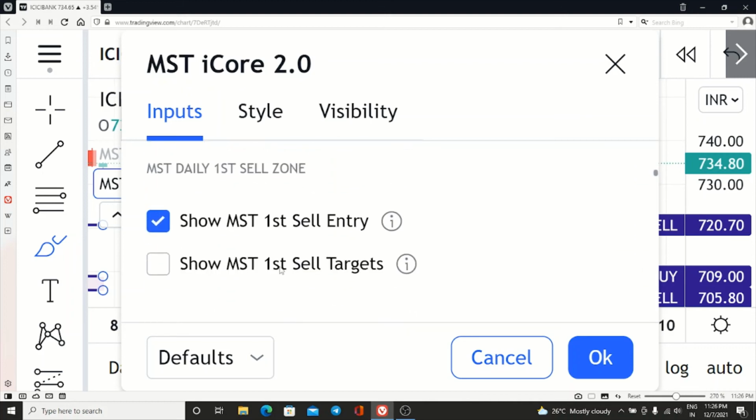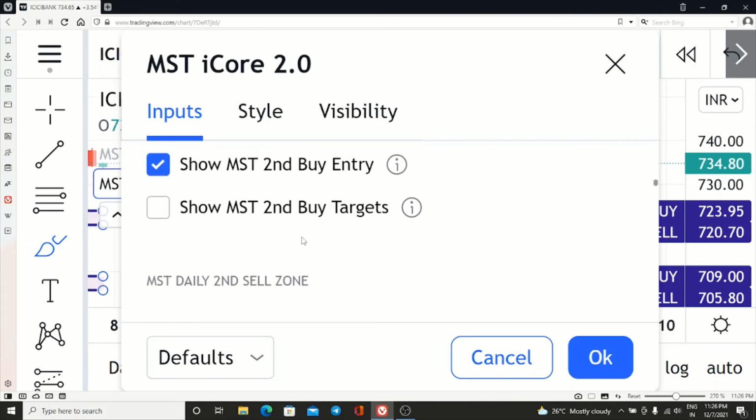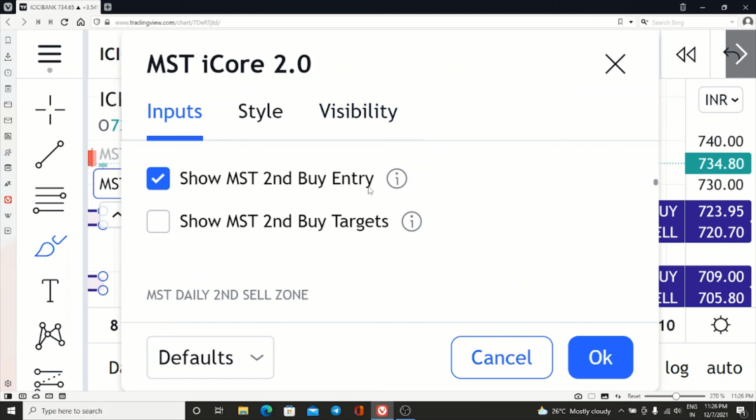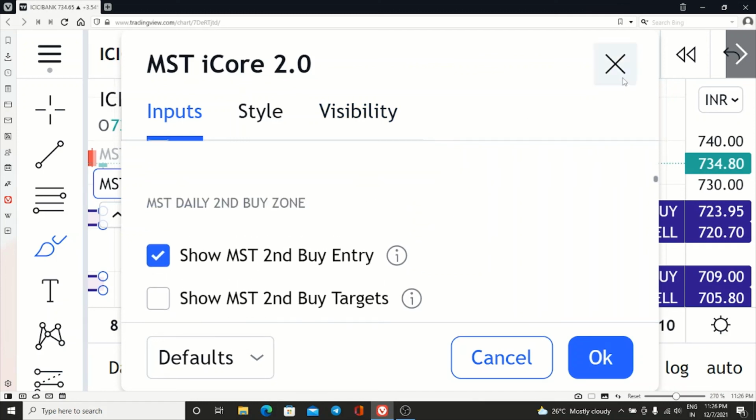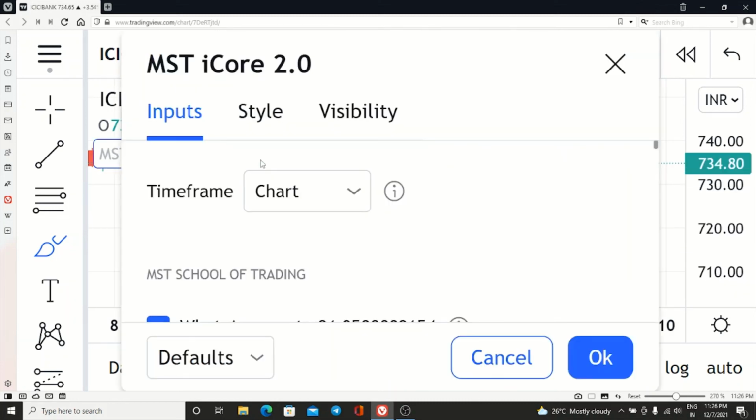Once first sell is activated, you will be ready with the second buy entry. So there is no need for keeping a separate SL. Instead of keeping separate SL, I have added volume candle and one super trend. So super trend and today's CPR, monthly CPR, weekly CPR, tomorrow CPR, everything I have added in the 3.0. By saving 4 lines of stop loss, I have added more features. If we understand this SL concept, then you can go for 3.0. If you don't understand, then you can simply go with the 2.0.